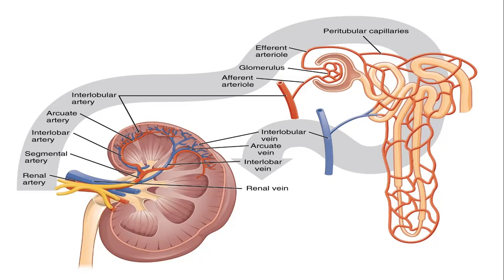If you look at the shape of the nephron, we haven't included the collecting tubules, because they're not part of the nephron. So what you're able to see is,